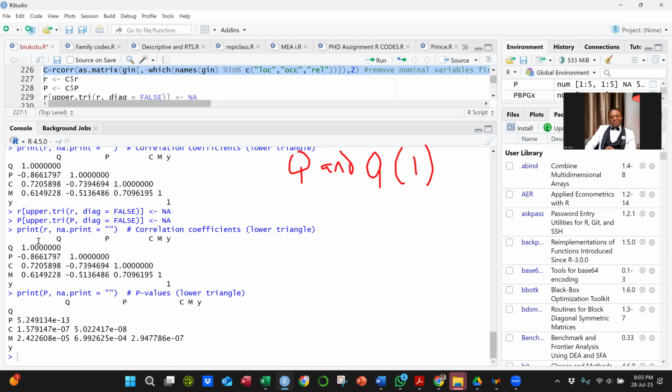Now, I could ask you which variables are highly correlated with the dependent variable, or which variables are highly correlated with the outcome. Which variable do you think, based on all this discussion, is the outcome variable? Which variable is the dependent variable here? Q. It's Q. So if I ask which variable is the most highly correlated with the dependent variable,